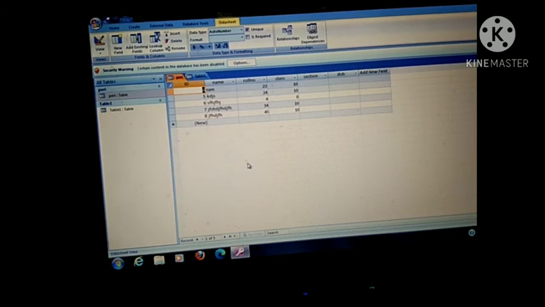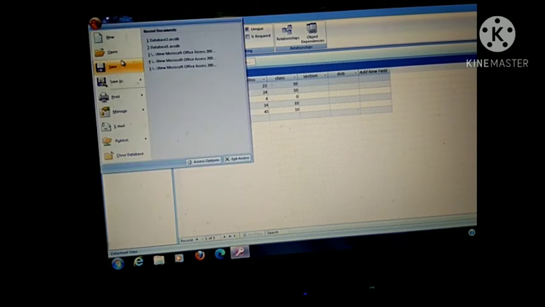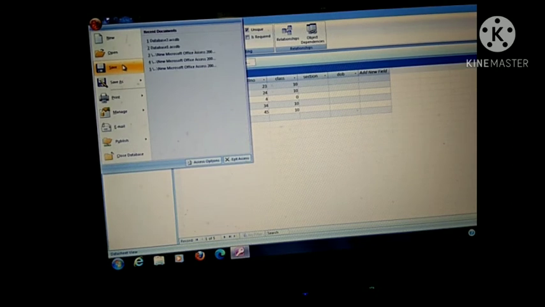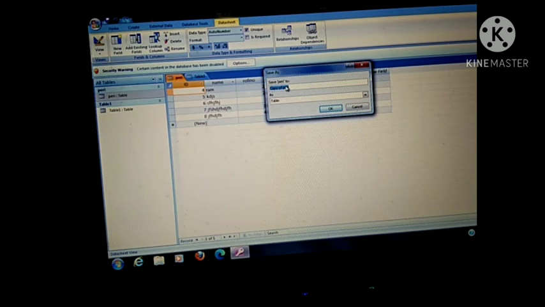Okay. So our next task is how we can save our database. So for saving, I already told, click on this office button. Here is save option. Save is for saving whatever changes you have done in that file. Save as is for when I want to save this file with some else name. Then you will click on save as option. Then here you will write down what name you want.